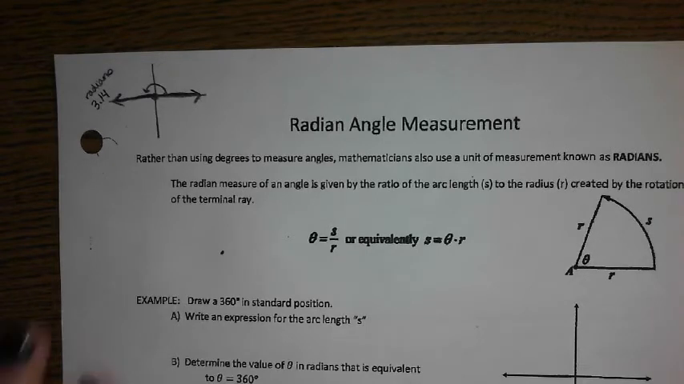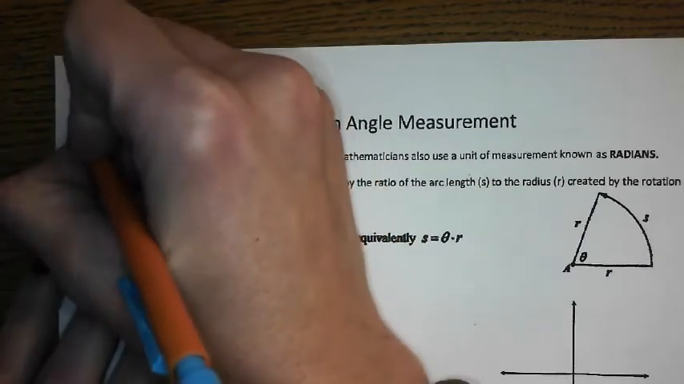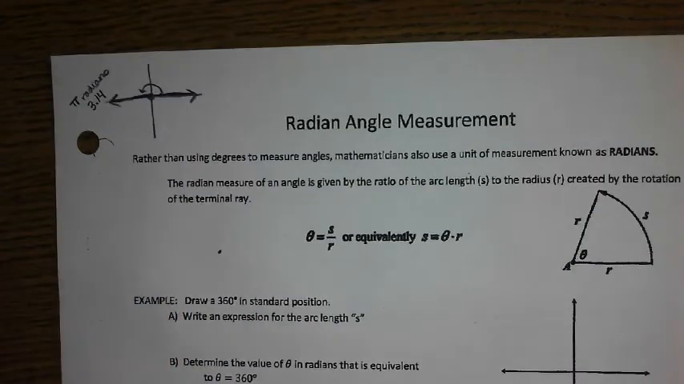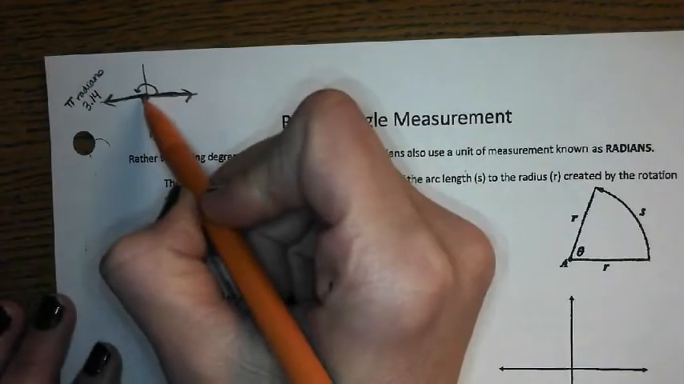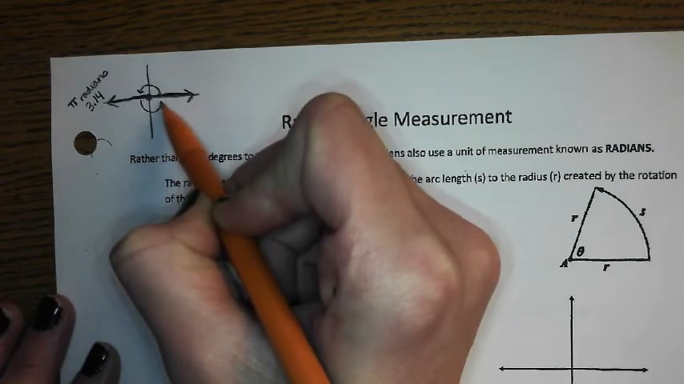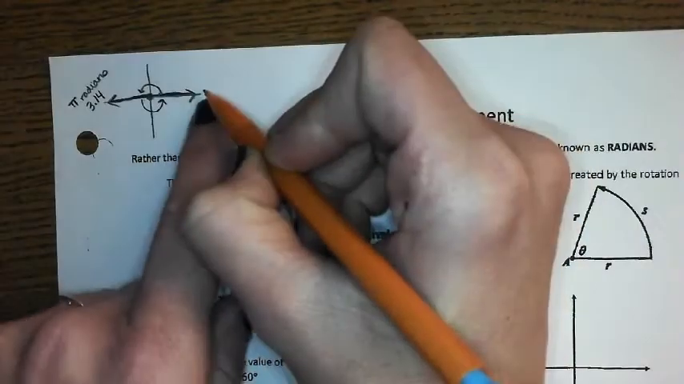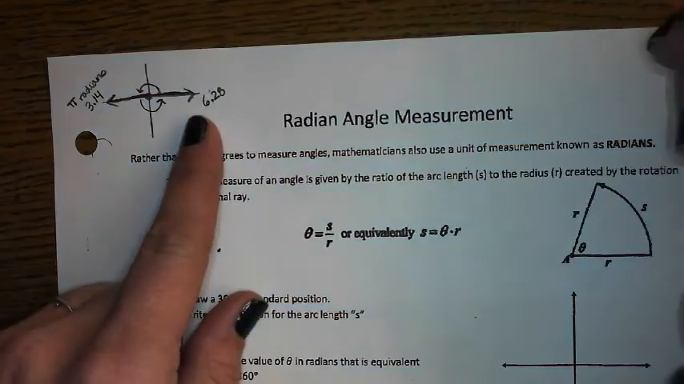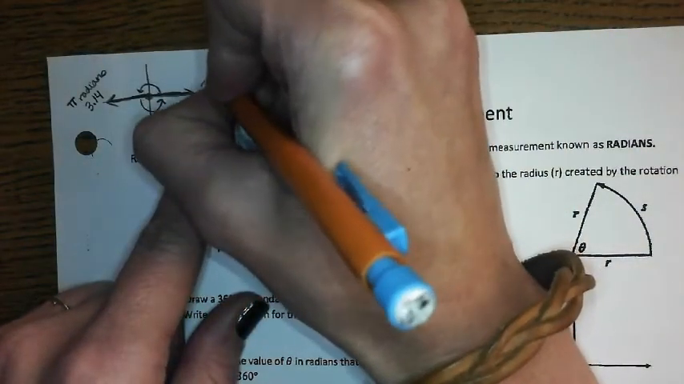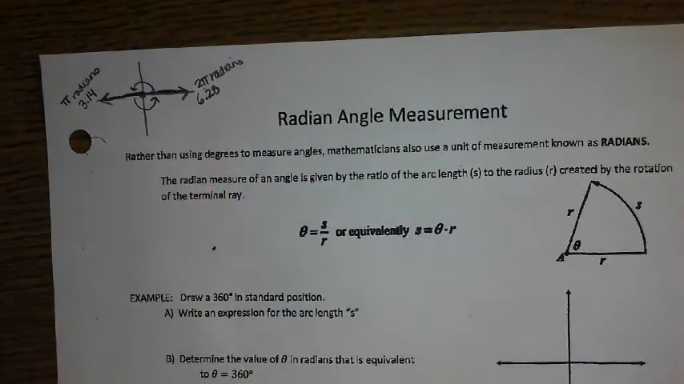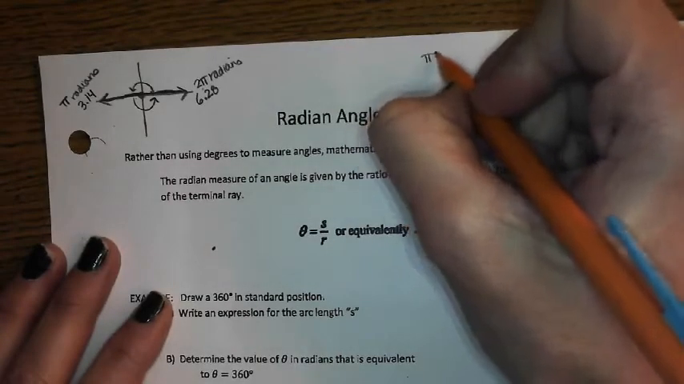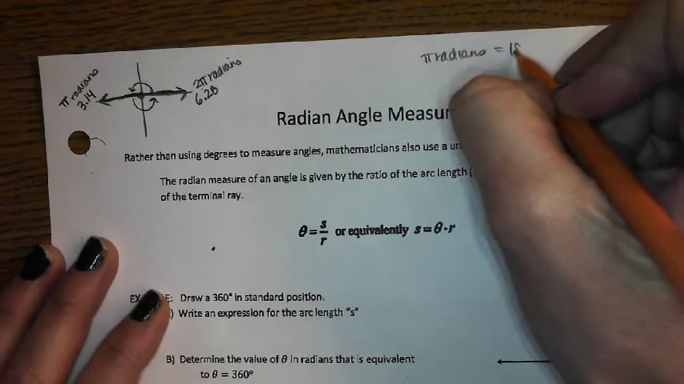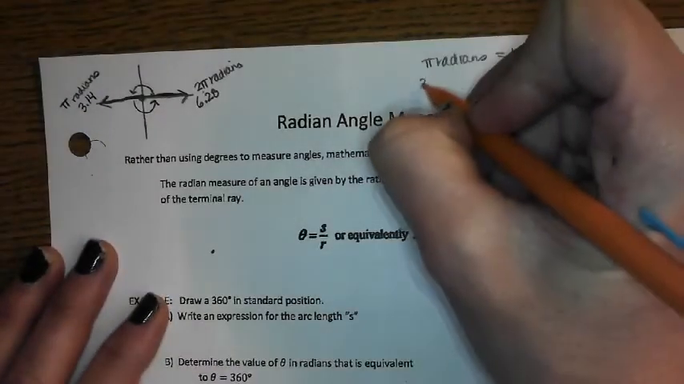Okay? So if that's pi radians, or 3.14 radians, if I were to do a full rotation, what would that be? Approximately 6.28. What about in terms of pi? 2 pi. Exactly. So here's one of the first facts. Pi radians equals 180 degrees. 2 pi radians